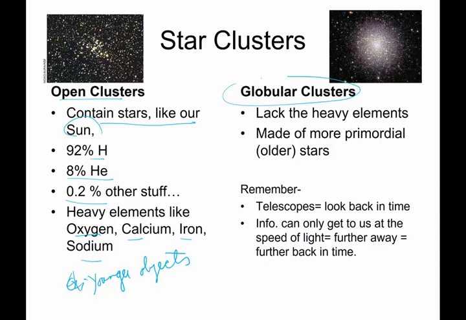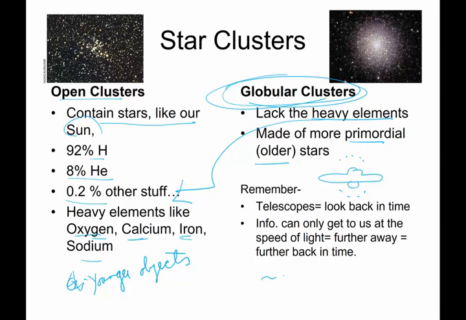Globular clusters, which are located, if this is the Milky Way galaxy, above and below that Milky Way. These lack the heavy elements. They don't have calcium, oxygen, iron, sodium, and things like that. They're made of more primordial, older stuff, older stars. So these things can be maybe in the neighborhood of 12